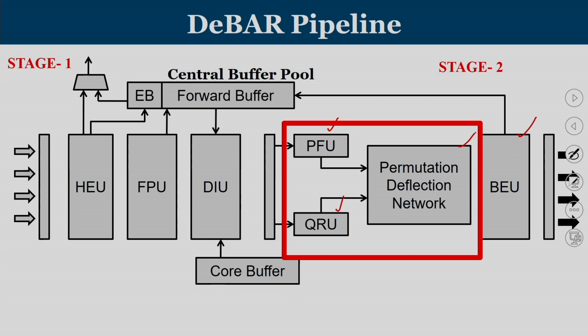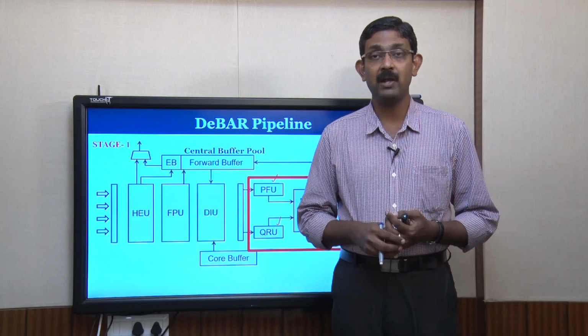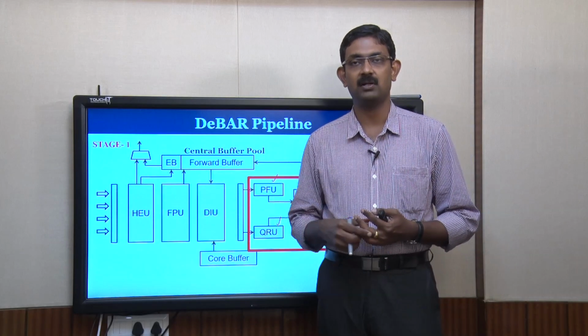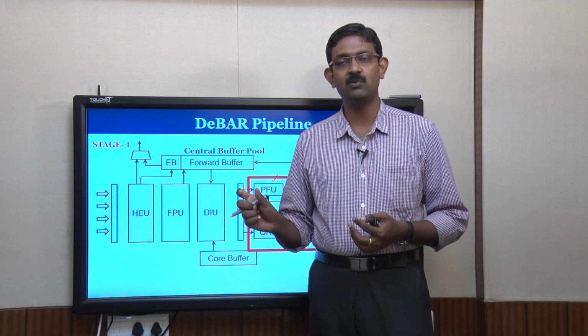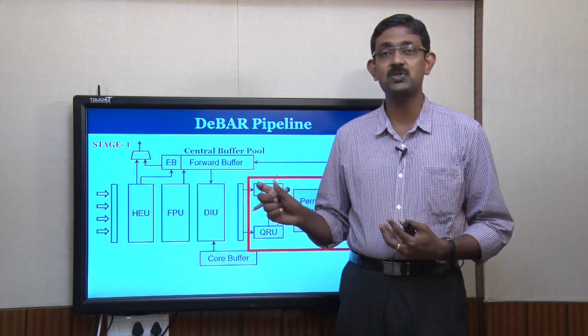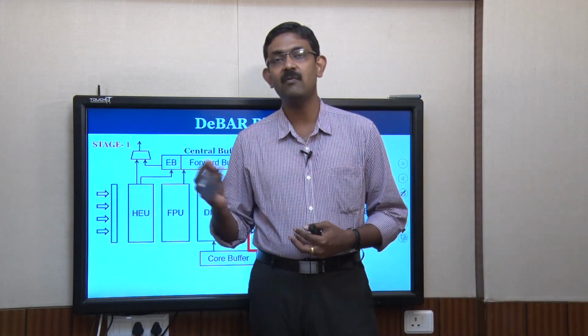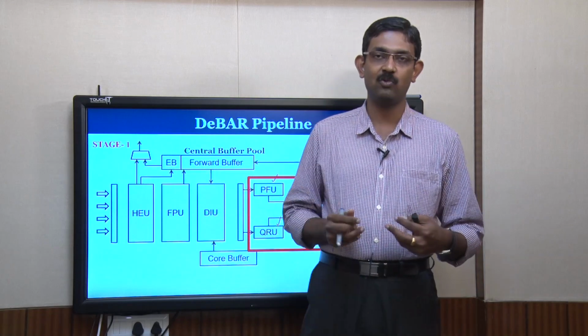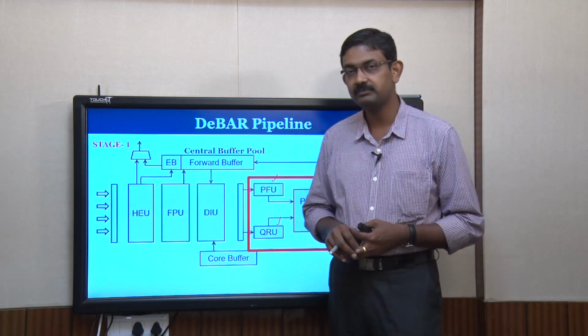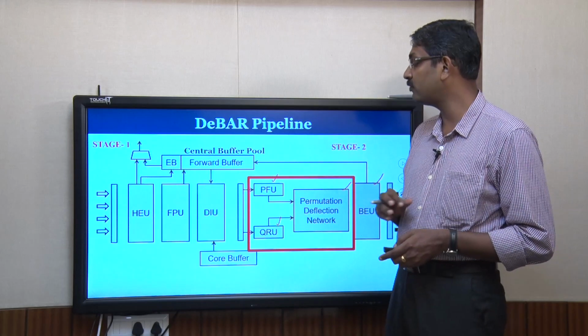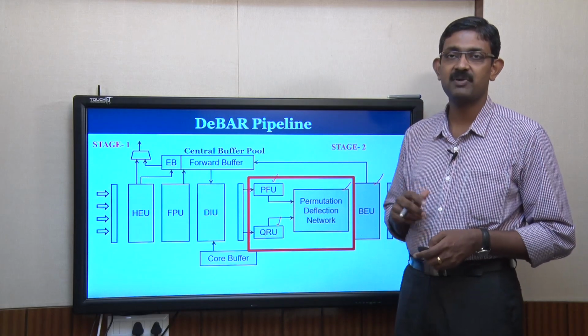So, a flit that is becoming silver in one router may not become silver in the adjacent router. This leads to a scenario that a flit will move closer to destination in one router, and due to adverse priority mechanism, it may move away from the destination, leading to a zigzag movement, or it is just experiencing some kind of a live lock. So, a new kind of priority mechanism is introduced.